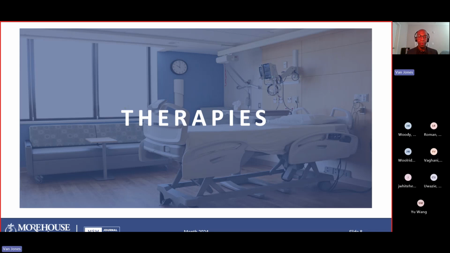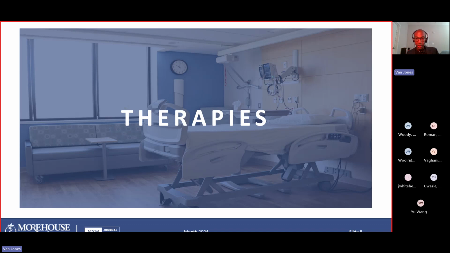Now we're going to get into the therapies that the authors mentioned. There are only 6 of them, so you don't have to have your eyes glazed over for too long. And if you're not familiar with some of these drugs, some of the MD1 or MD2 people who are on here, you're going to be intimately familiar with them by the time you're at the end of your 3rd year.